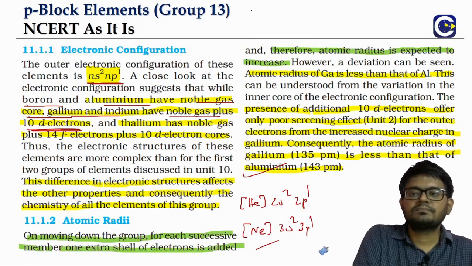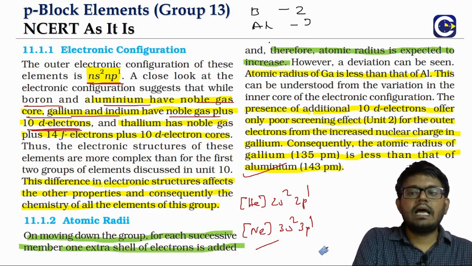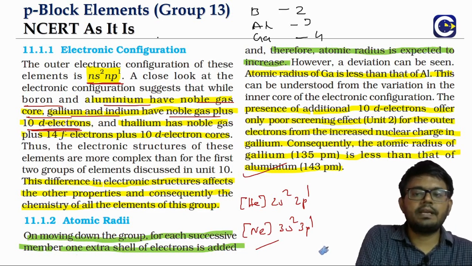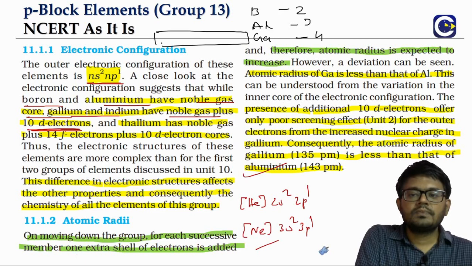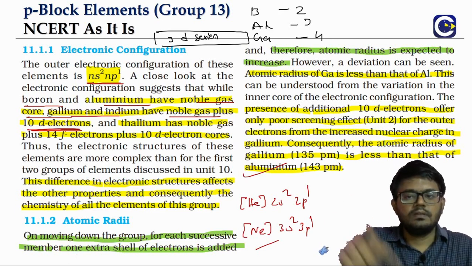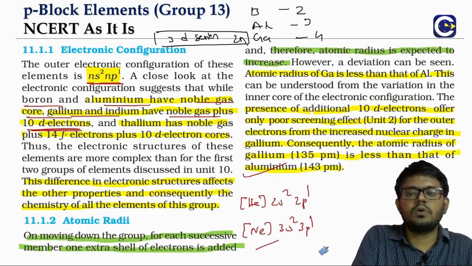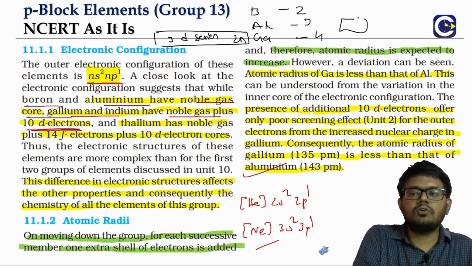So we have boron. This is the second period. Aluminum is the third period. Then we have gallium, then indium, like that. So gallium comes in the fourth period. Remember, in the fourth period, before gallium, we will have the 3d series: scandium, titanium, vanadium. After zinc comes gallium. Correct. After zinc comes gallium. So here your noble gas element will end.